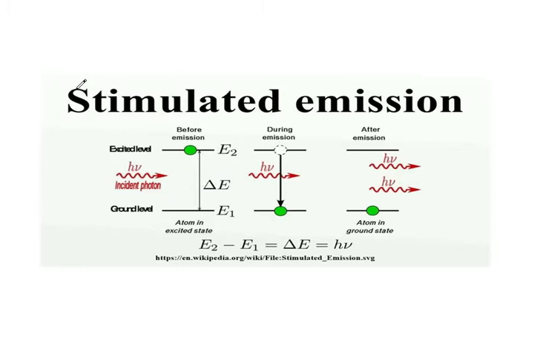So you can see this is your stimulated emission. This is your before emission. This is during emission, and this is after emission. Okay. From this figure, you are able to look at the thing. So if I consider the laser beam machining process from this particular figure, then in this model of atom, negative